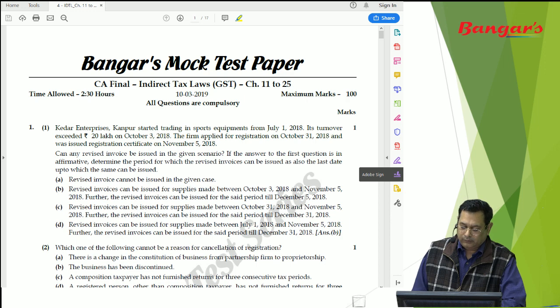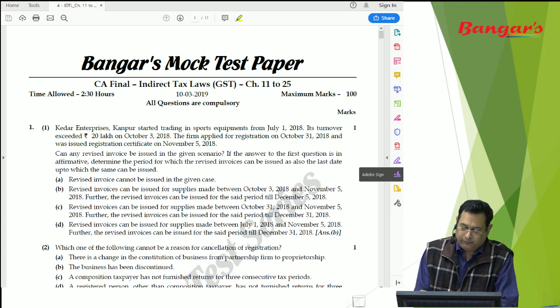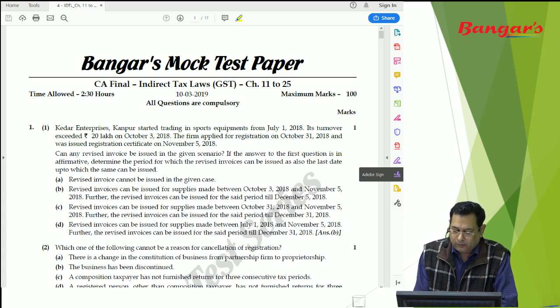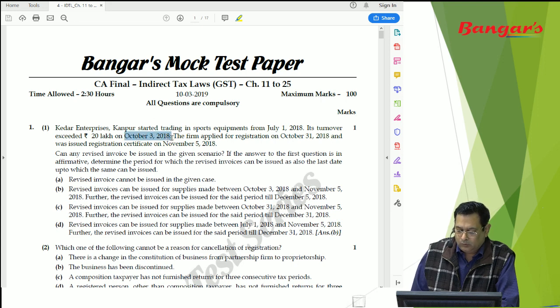Kedar Enterprises, Kanpur started trading in sports equipments from July 1, 2018, and turnover has crossed the limits of 20 lakhs on October 3, 2018. And the firm has applied for registration on October 31st, say within a period of 30 days. And the registration certificate was issued from November 5, 2018. So during the period of October 3, 2018 to November 5, 2018, the company can issue, say,